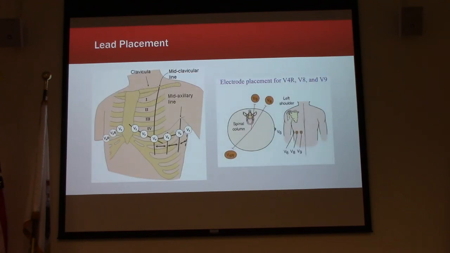So how do we do this? Well, we start off by taking V4 here and we move it to V4R. We're not having you move V1 and V2 or V3. You can leave those alone. The only one we're looking for you to move is V4. That will tell you if it's a right ventricular MI or if it's just an inferior wall MI. If you want to make the determination you have depression in V1 through V4, and you want to rule out a posterior wall MI, you're going to move V5 and V6. And what you're going to do is take V5 and V6